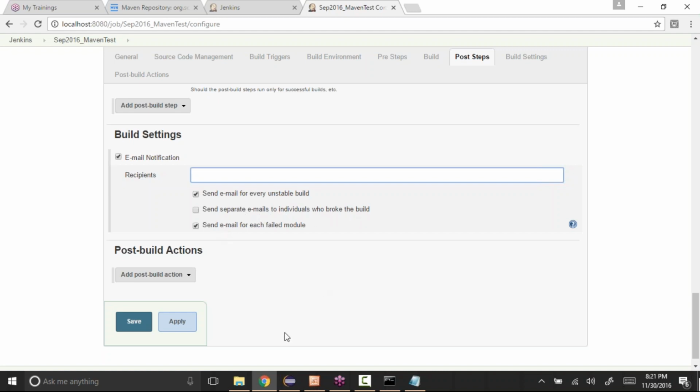When you use Git or SVN or those kinds of tools, Jenkins will know who has checked in the code. So whoever last checked in the code, it will send an email to that specific person saying that the build has been broken, please go and check. So you can also send emails like that. Basically these are all the things that you can do.